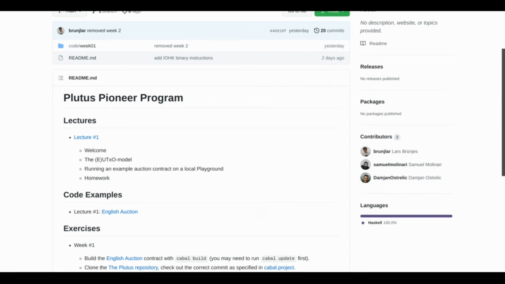I could be wrong about that, but that's what I'm expecting: that we'll get to a certain point where he'll be teaching something and I won't absorb it, and then the next lecture, I'll be lost. So hopefully that doesn't happen, but I have a suspicion it may happen with me because I'm not an experienced developer. I'm sure everybody in the Plutus Pioneers course is much more experienced in development than I am, so they'll probably do a lot better. And that's great with me. That's why I'm just following along, and they were actually selected to be in the course. So anyways, everything looking good with the Plutus Pioneer course so far.